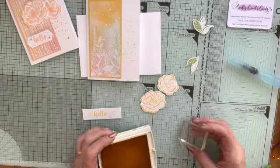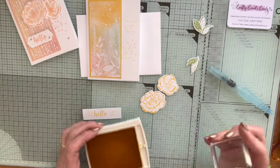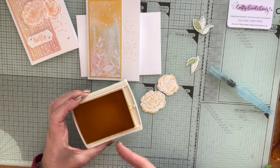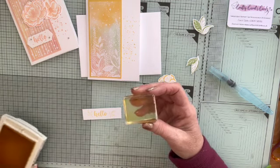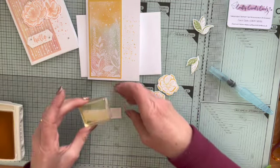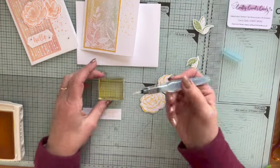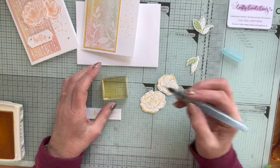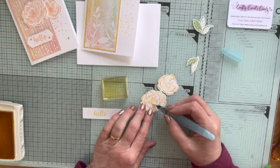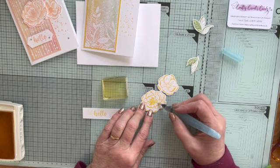So I'm going to use my watercolour brush and an ink pad. Never ever put your watercolour brush direct on your ink pad because it ruins it, but you can pick up the colour from your ink pad on a block like that. So I've now got the colour on the block, and here I've got my watercolour brush, and then I can pick up some of the colour just with my brush and then add it where I want to on the card. So you can see here I can spread it around